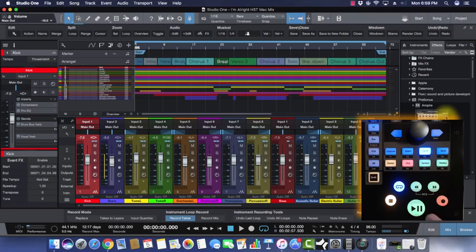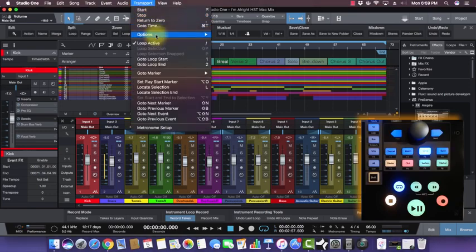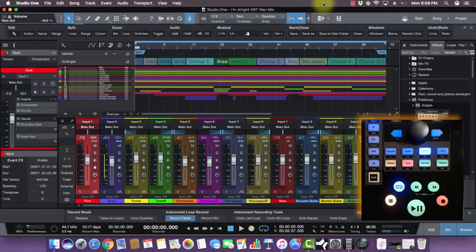And the transport has a very cool feature for Studio One. It actually has a pause button. In this case, I have my return to start on stop option activated. So if you go to, I'm on a Mac this time, and I'm going to go into options and I'm going to say return to start on stop. So what that enables us to do, for those that don't know, is when you hit play,